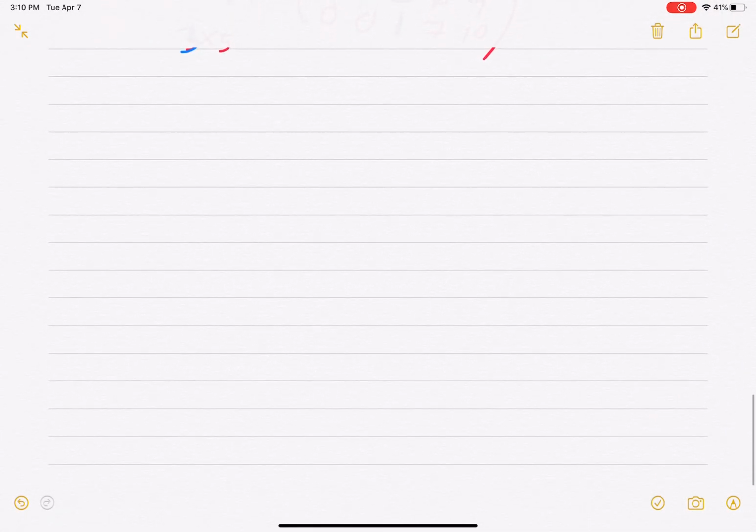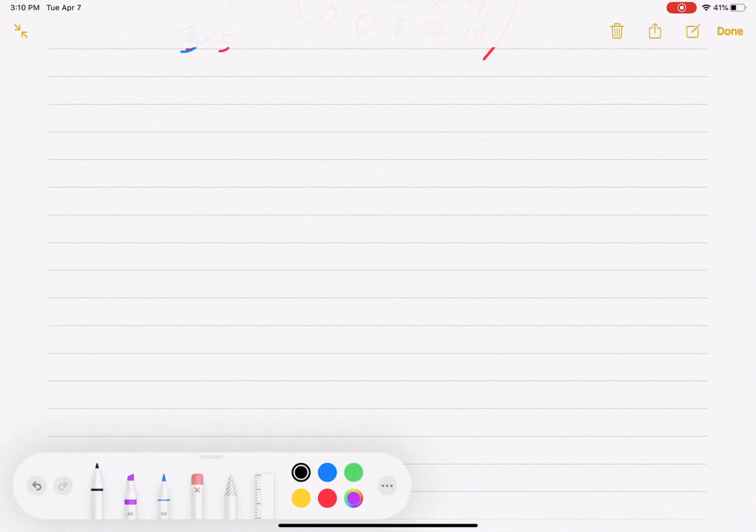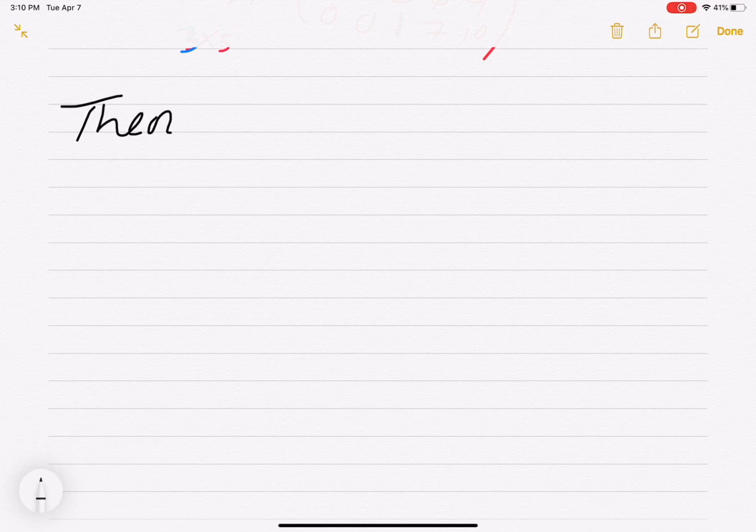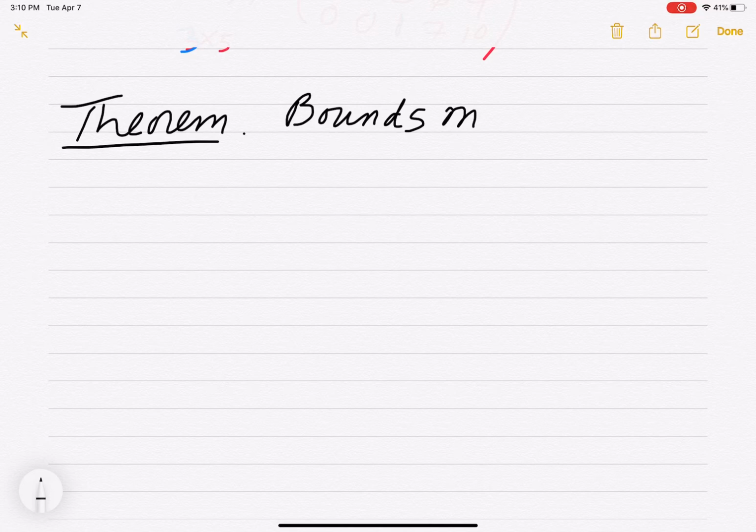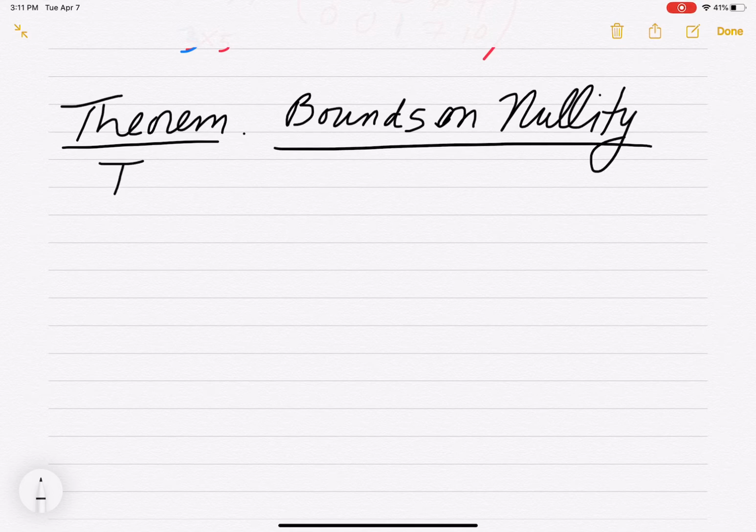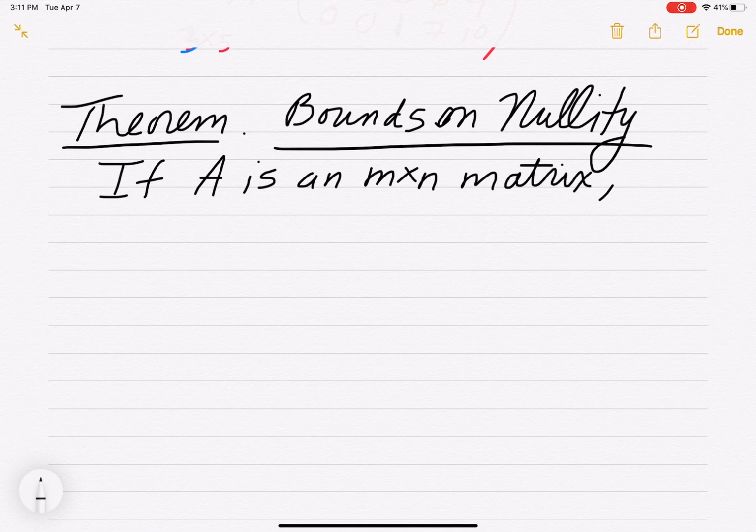Okay. That's important. What about bounds for nullity theorem? Bounds on the nullity. I don't think this is in your book either. I don't know why they don't put this stuff in the book. I guess they assume it's common sense. This is an important result. If A is an m by n matrix, then